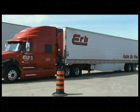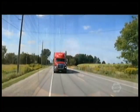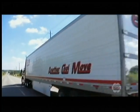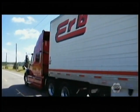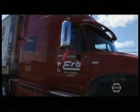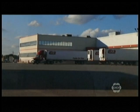I don't think anybody has any idea what it takes. They see so many trucks rolling down the road. They don't have a clue what it takes to keep freight moving, especially in our business with food. Everybody goes to the grocery store, everybody buys product, and nobody realizes what it takes to get it there. There's so many different aspects of this company and so many different areas in which you could work for